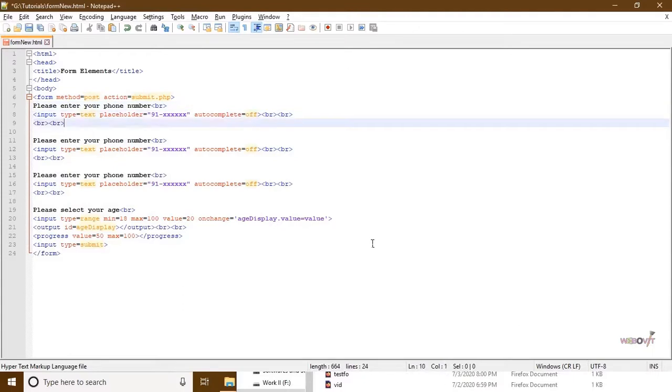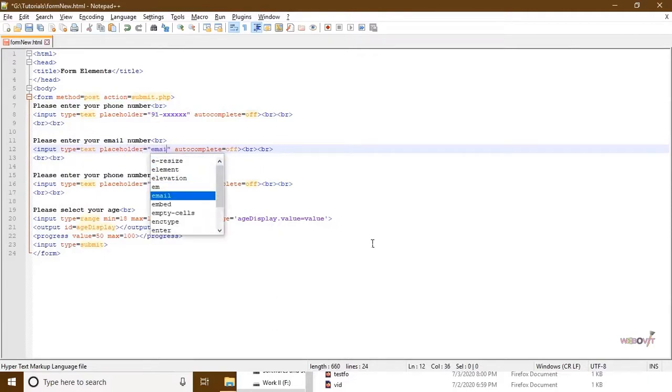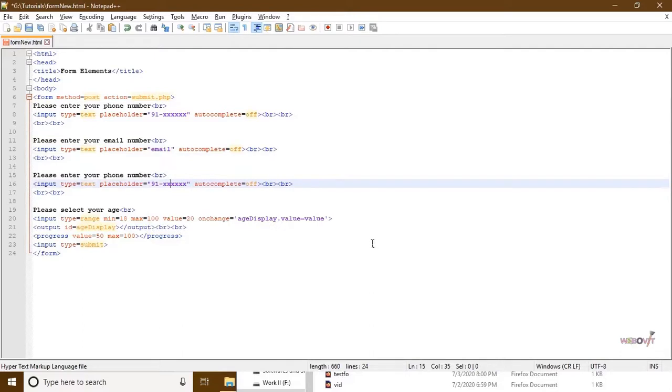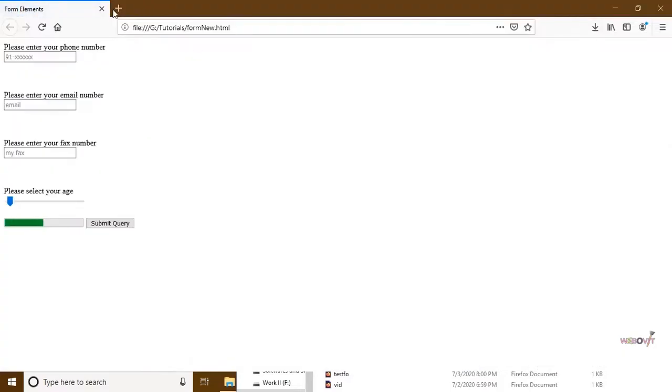Please enter your phone number. Please enter your email. And please enter your fax number. Suppose we are having 3 fields here.